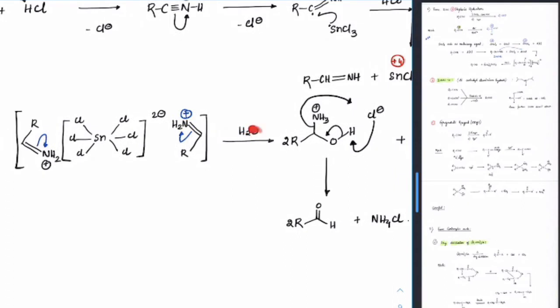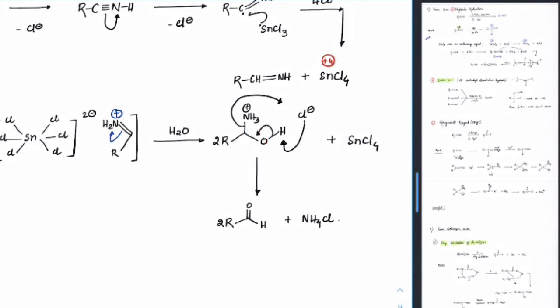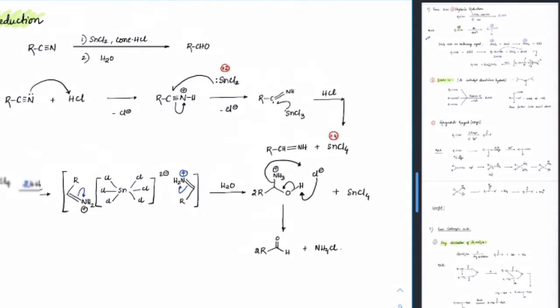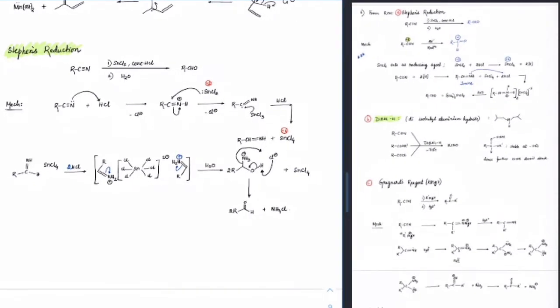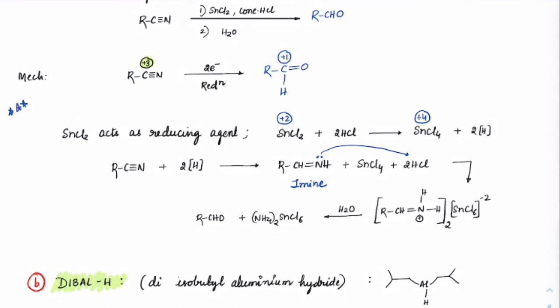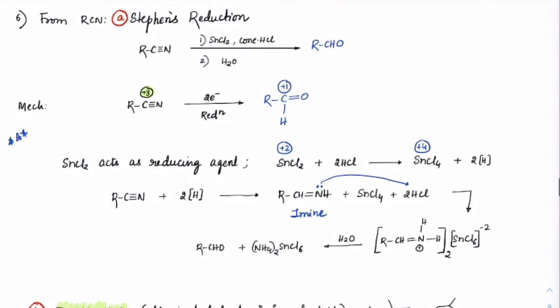And the OH- which is present will attack this carbon, so we'll get this as OH here, and NH3 will leave, OH will make a double bond here, Cl- which is present here will take away this H+, and SnCl4 will remain, and you will get this RC double bond O, NH, and this NH4Cl of 2 moles, and SnCl4 will again become ammonium tetrachlorostannate. This is the actual mechanism, but for our convenience, how we remember is this. Yes, all of you got what Stephen's reduction is.